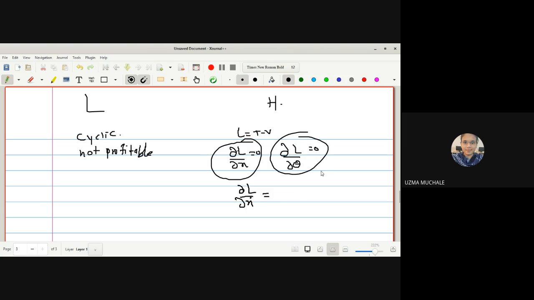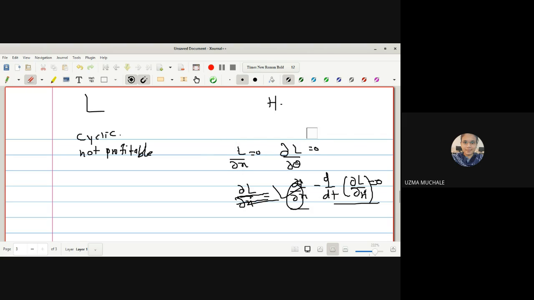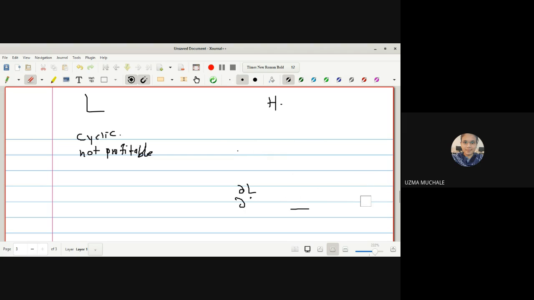Right? So we have to solve both the equations, because you do not have an option. Even if dou L by dou x is equal to zero, you still have to solve this whole expression, d by dt of dou L by dou x dot. So there, x may be absent, but maybe x dot is present, so you have to solve this equation, right? So the use of a cyclic coordinate is not profitable in case of our Lagrangian. Okay, but what will happen if you have a Hamiltonian?